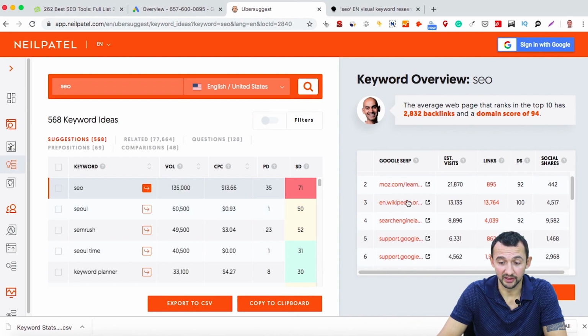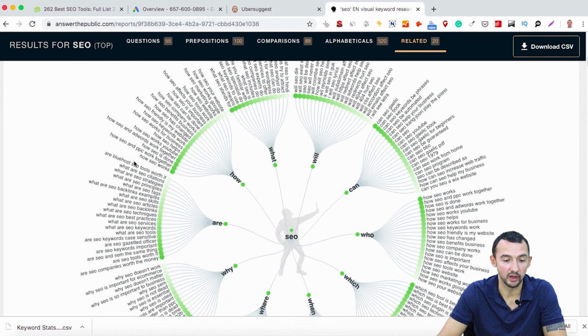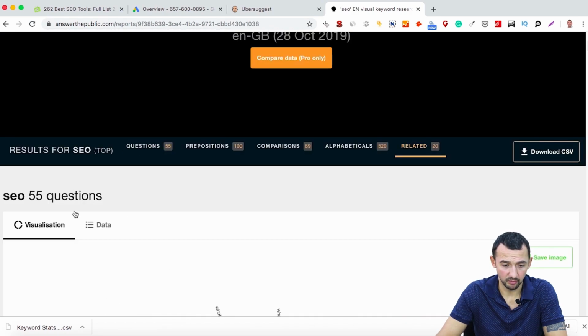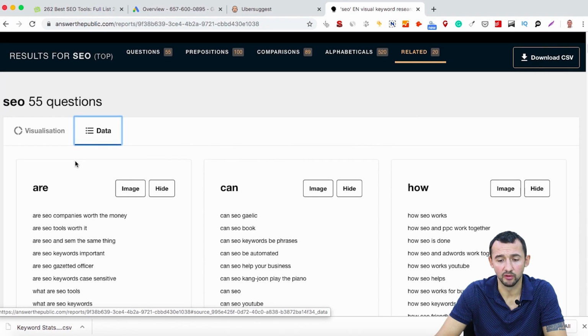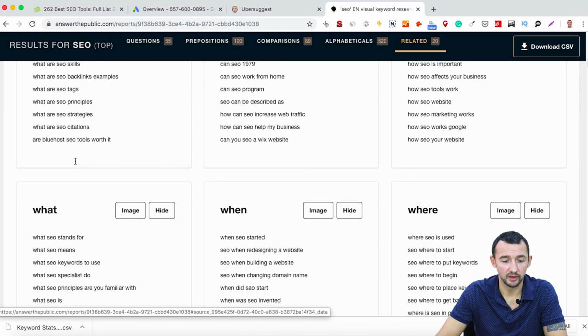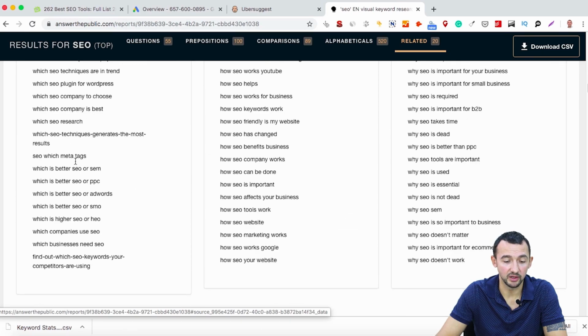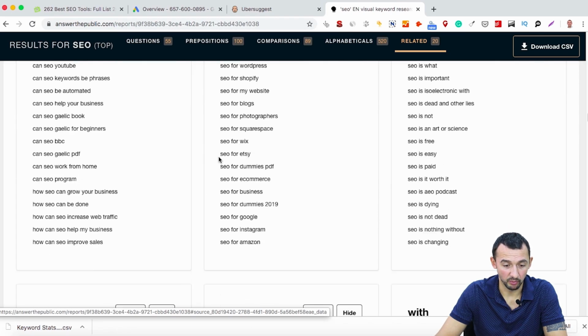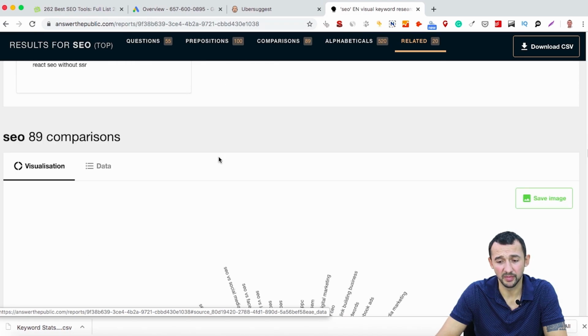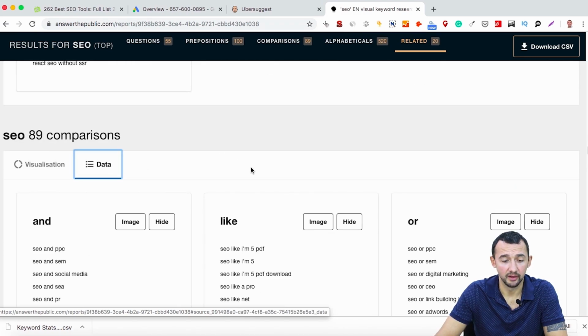You have to compare data with some websites that rank in the top 10. And you can use this tool, Answer the Public. For example, I typed SEO and got data with a lot of questions that are related to my keywords, and it's useful for creating content, propositions, and many other data.